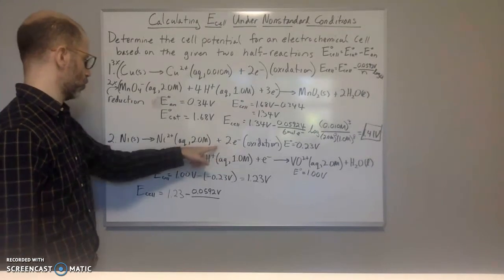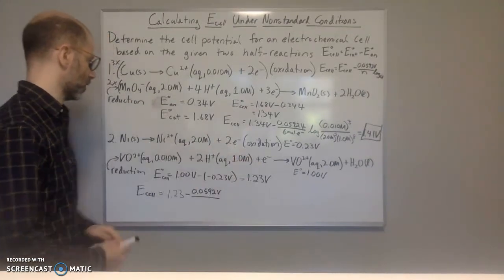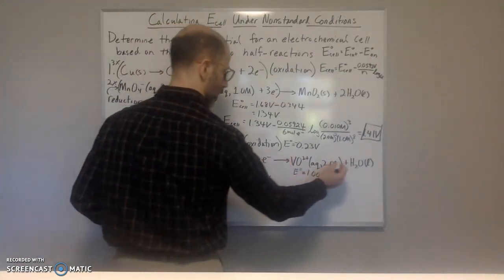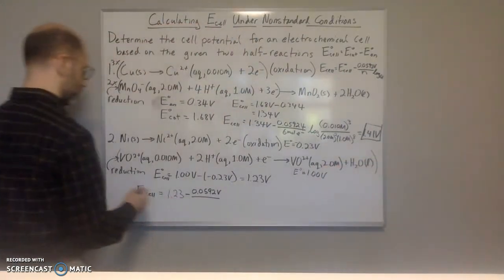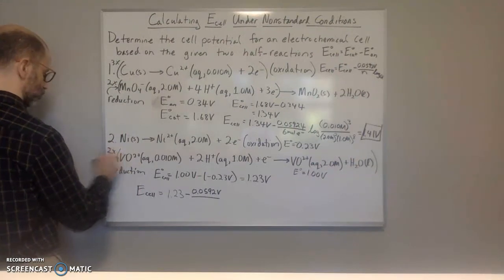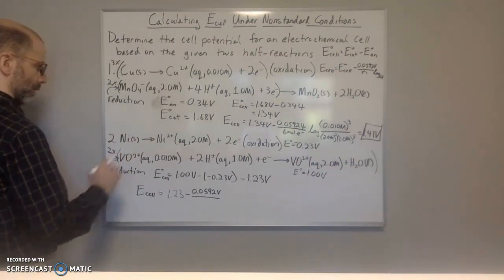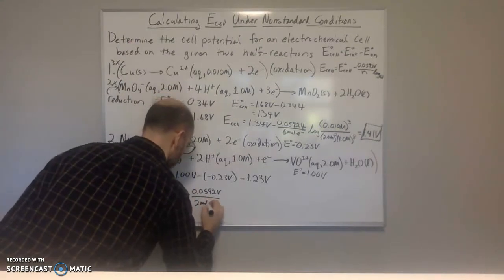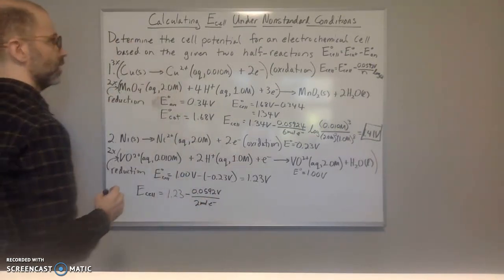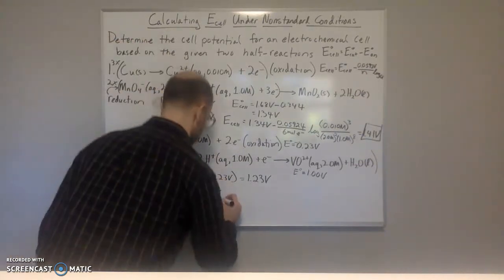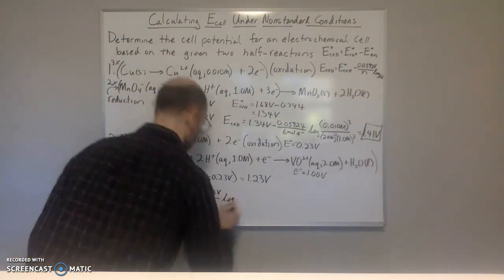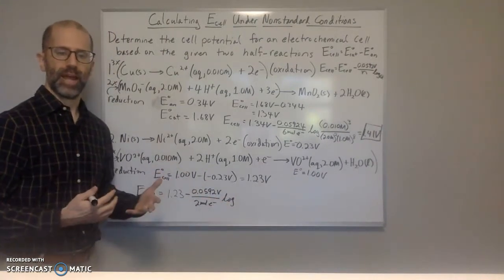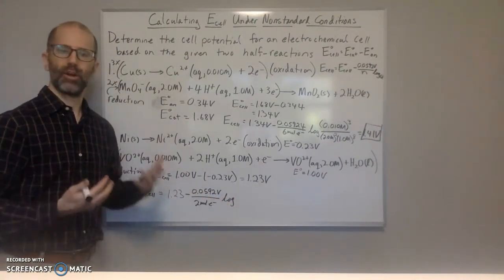So here we're losing 2 electrons, here we're gaining only 1. So we're going to have to multiply this by 2. So that means we're going to have 2 moles of electrons, and then that's multiplied by the log of Q, which again is the reaction quotient,